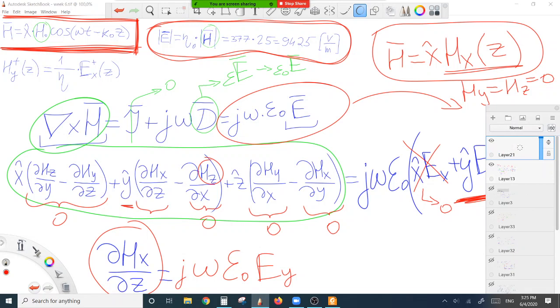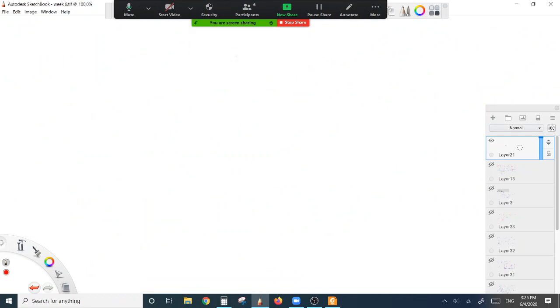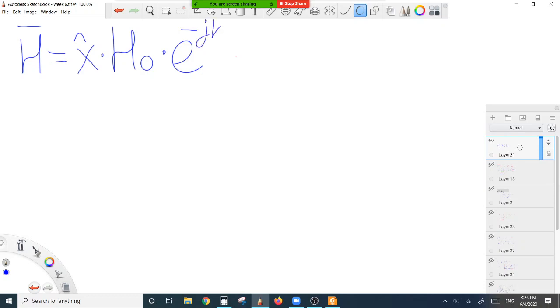It means H is equal to x multiplied by H0 multiplied by e to the power of minus j k0 z. And if we take the time derivative, or okay, let's say